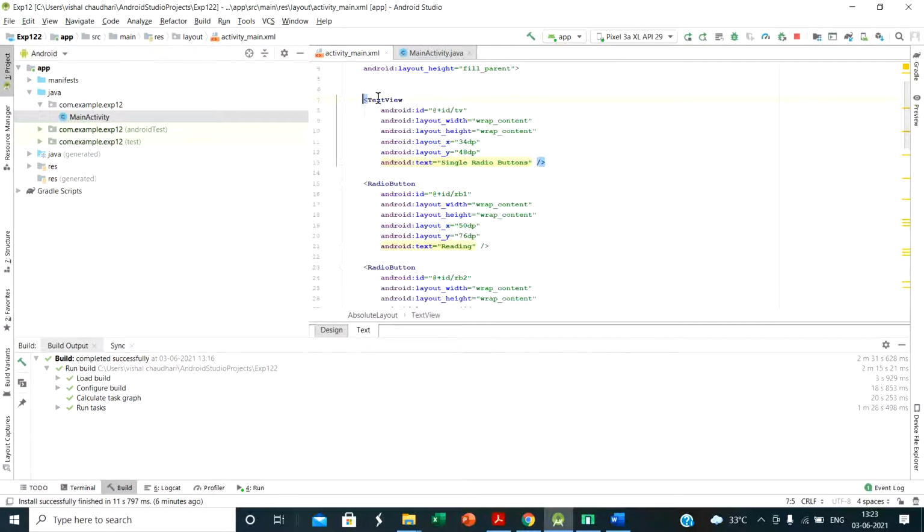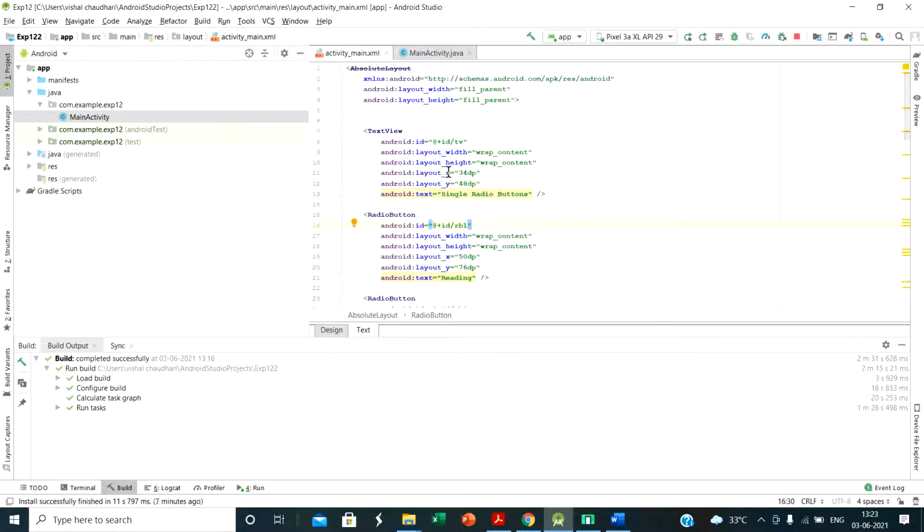Then here we create a text view. In the text view, the ID of the first text view is TB, then layout width, height, and layout X, Y coordinates we defined here. Why? Because we use absolute layout. Then the text for the first text view is single radio button.